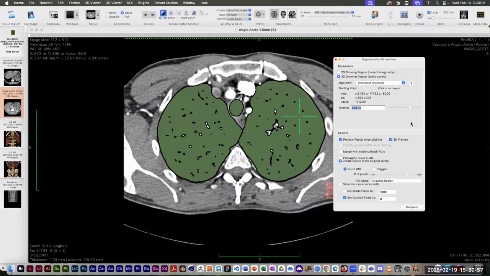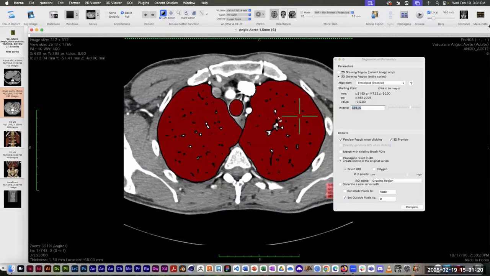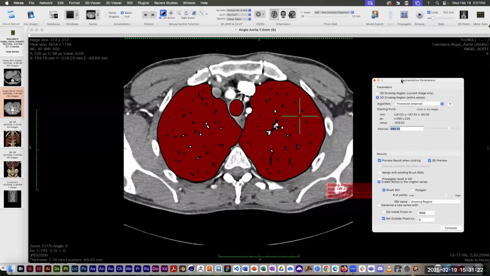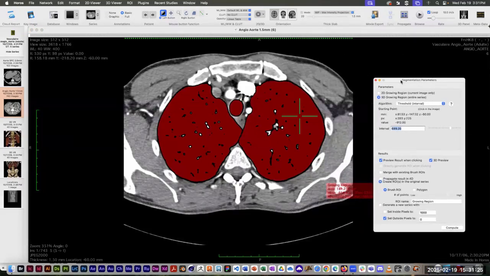So then down at the very bottom of this same dialog box is a button that says compute. And I think everything else I just leave. Yeah, I just want to leave everything as it is. Click compute. And it turns red, but more importantly, what the compute button does is it then extends that same region of interest to every single slice. And if I toggle back and forth with my arrow keys,